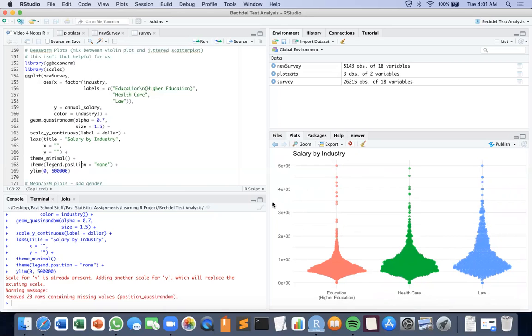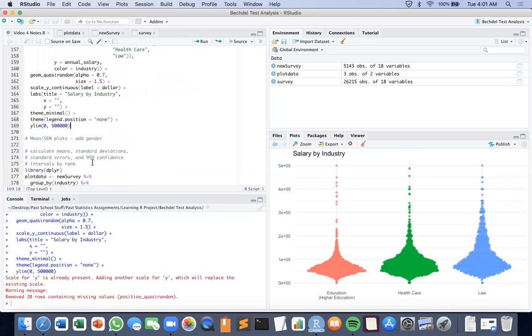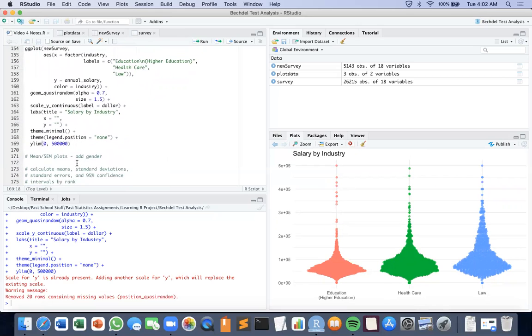Yeah, it's just a shortcut to making graphs look pleasing to the eye, which is one of the main goals of data visualization. Obviously it's important for the data to be useful, but we also want it to be nice to look at. Yeah, and so I'm going to move on to this next type of plot, which is a